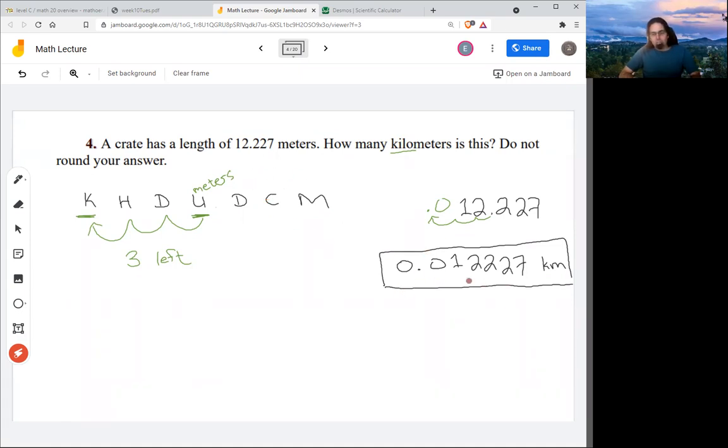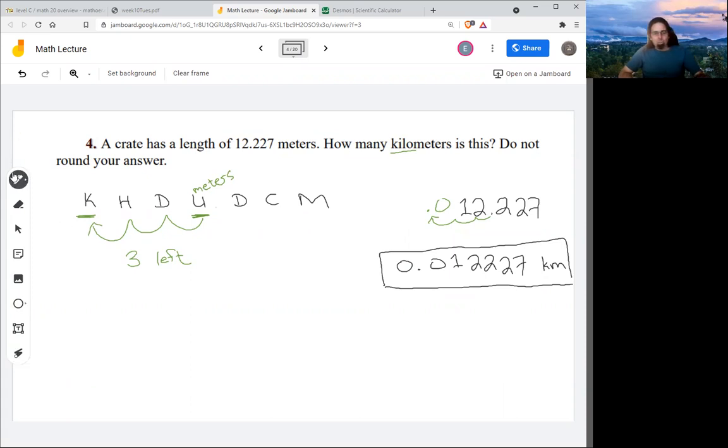On the other hand, it is a bit awkward to talk about kilometers with that many decimal places. So I'm not quite sure why I am trying to measure this crate in kilometers, and without knowing that, I'm not quite sure how much to round. So I'll just keep all of my accuracy because it's a realistic amount of accuracy, even if it looks kind of dopey.